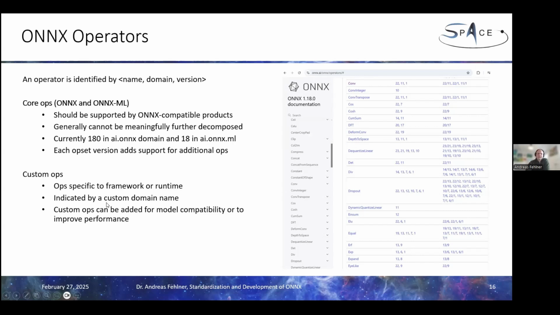And if you need some special operators, you can also define these operators, which are not part of the standard, but if you need them, there are some possibilities to add them in order to get your model supported. Here I added a list of the different operators. For example, we have some convolution operators, some transpose convolutions, some